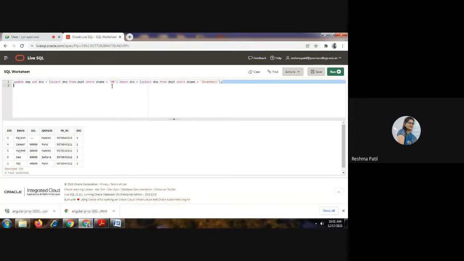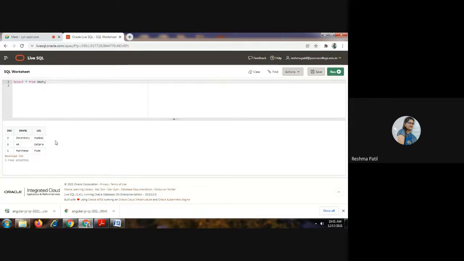So first we will check the HR department number and the inventory department number. Let's select star from DEPT. So the HR department number is 3 and inventory is 2, not 1. So we will update. Now check the employee table.